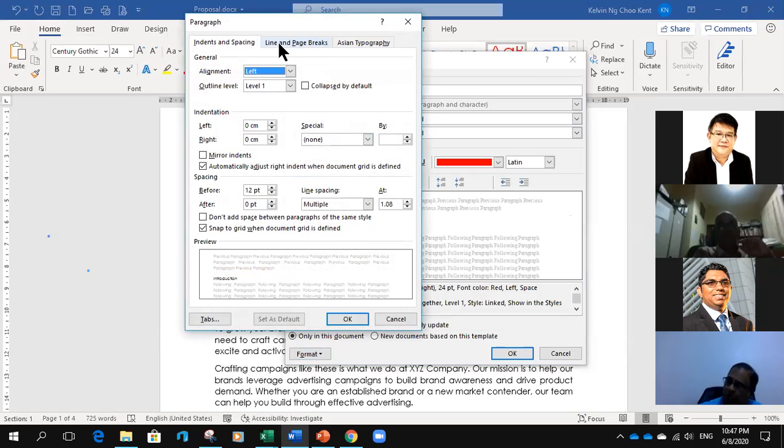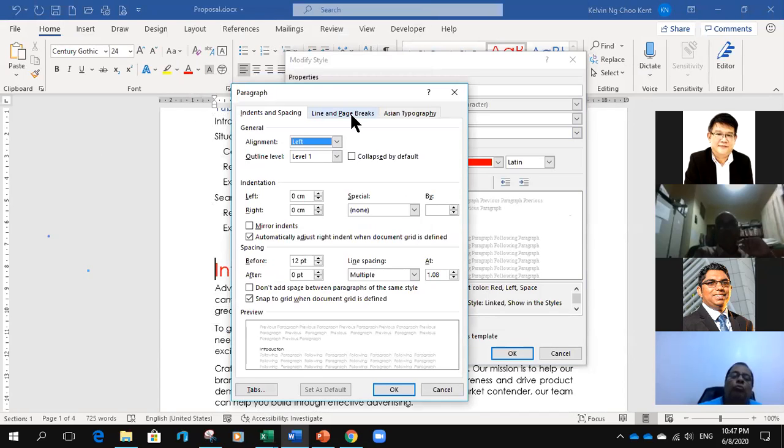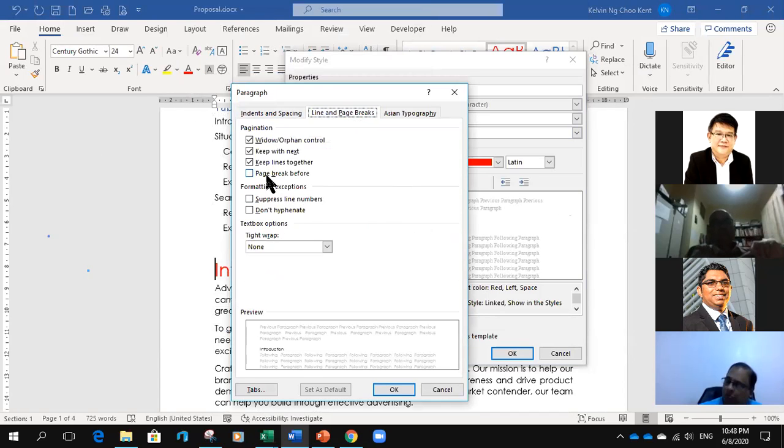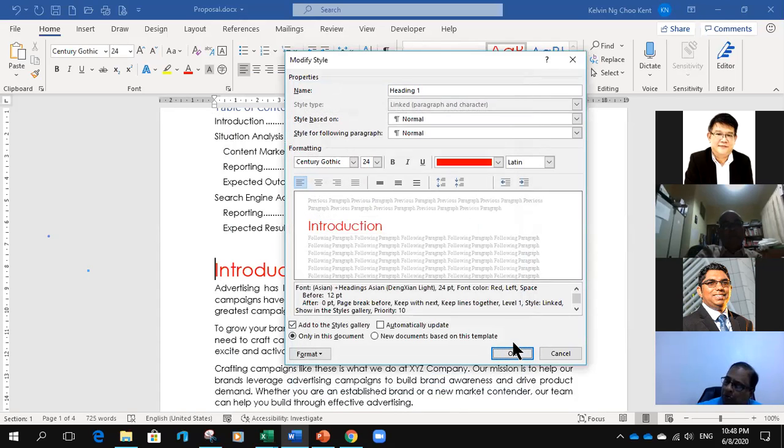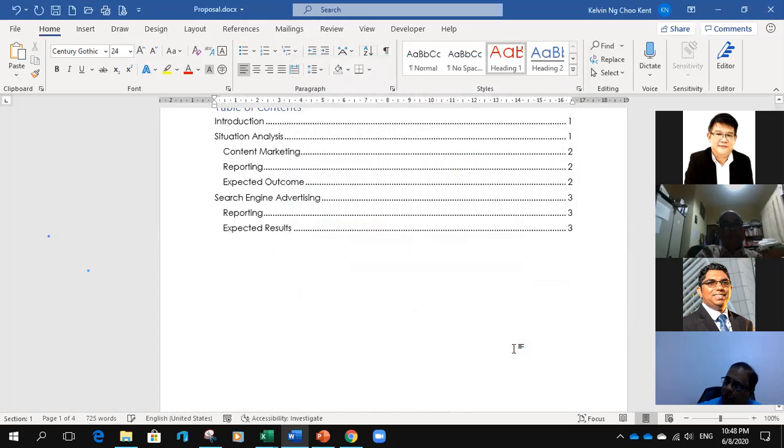I'm going to go to this tab at the top here called Line and Page Break. I'm going to insert a page break. It says there, page break before. Now I'm in this title, so I'm going to insert a page break before the title. That's what it's trying to say. So when I hit OK, OK again, it's gone. Where did it go?